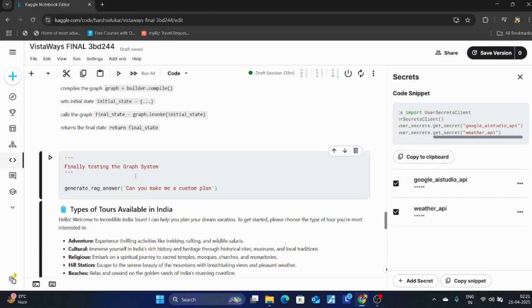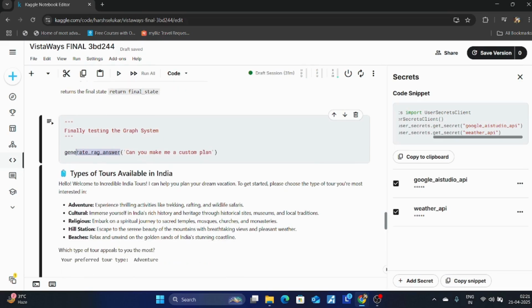So, after doing all of the hard work in creating a graph system, we'll finally get to test it. So, we will call the generate_track_answers function because if you want to create a plan, then the function to create a graph is inside this generate_track_answers. So, generate_track_answers is the one destination for all of the things. So, first of all, we send it our query, which is, can you make me a custom plan? Because this is a custom request, Gemini will classify it as a custom